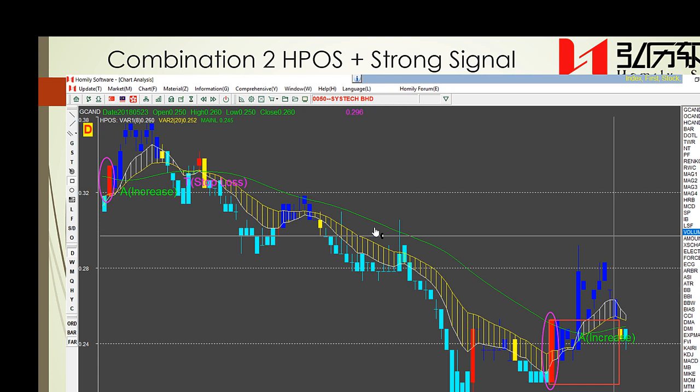So this one is better, right? This one I have mentioned. The red candlestick standing above both the white line and the yellow line is better. We can see it also stands above the green line. So this point is better. This point is better. This point is better, and then we can buy it